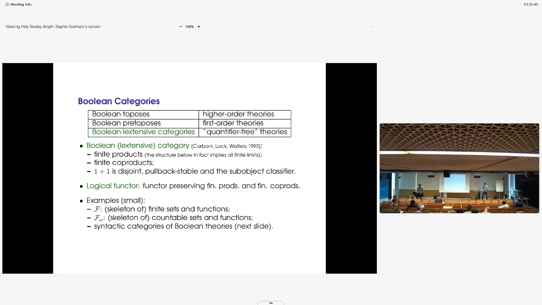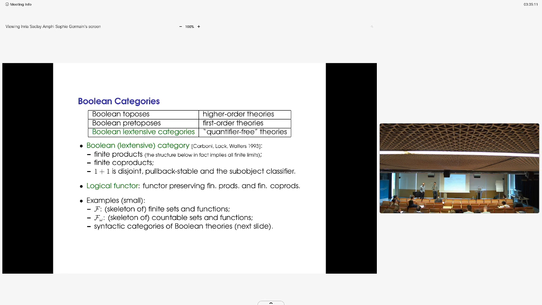In fact, it's very simple. You go from here to here by adding the fact that your category is regular, that it has images. So you add images, and then here you have to add Cartesian closure. You have the fact that you have exponentials. And this is why you're losing higher order going from here, and you're losing first order going to here. One perhaps is the idea that if you just allow each object to have a power